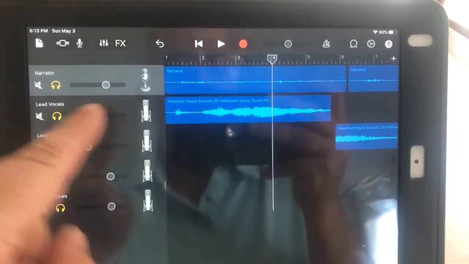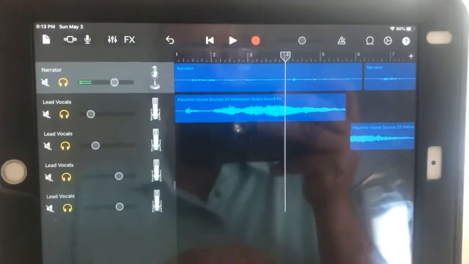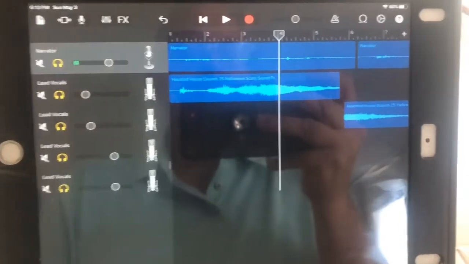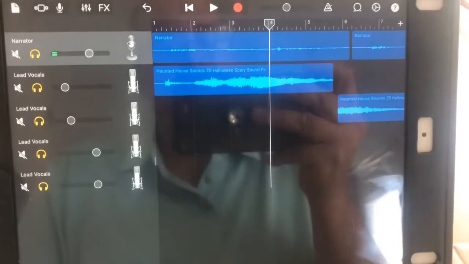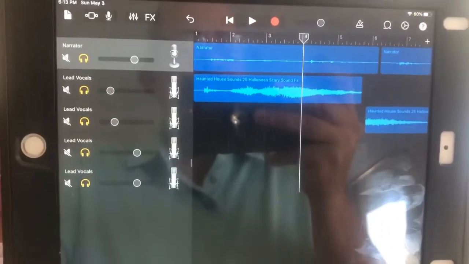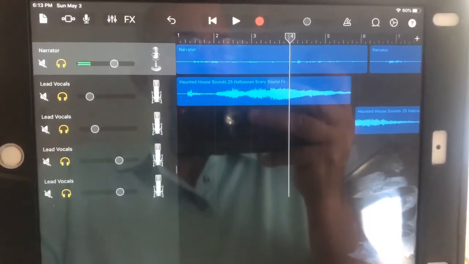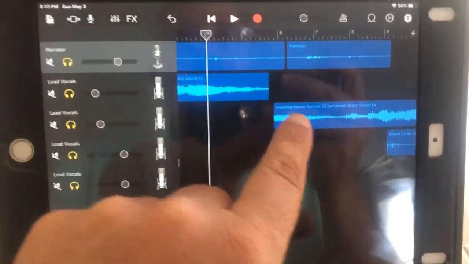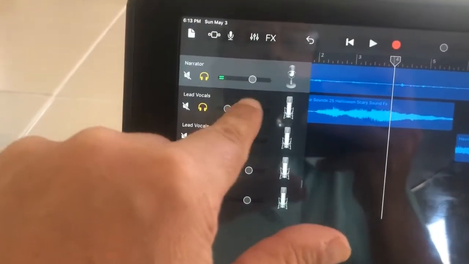Here at the next one, what I did is I brought in a soundscape, which was some scary sounds. And it's got wind blowing and howling and such like that to create the mood there. So that's what I did with it. Now, I placed it there, and you'll see that underneath it here, I have split it off there. And the reason I did that is so that I can change the